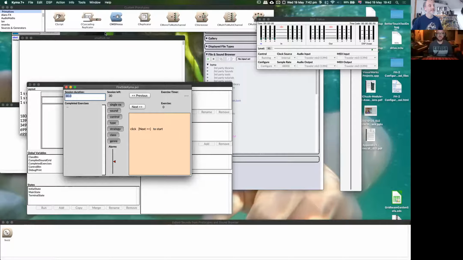So when we hit next, it's going to choose not necessarily all of these. It's going to choose some combination. It might just be two things. It might be three or four things from these lists. So we really don't know what we're going to get. We have 30 minutes. There might be a timeline in the style of grunge rock. Wow.